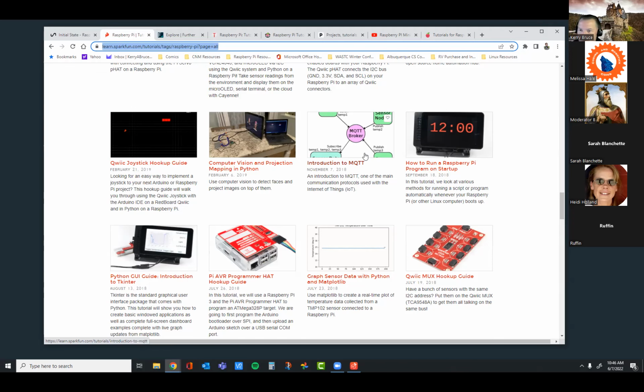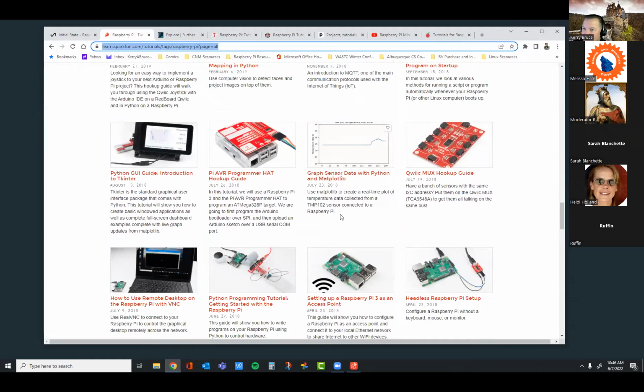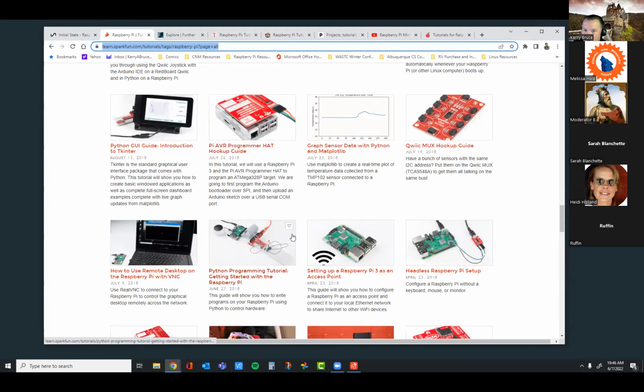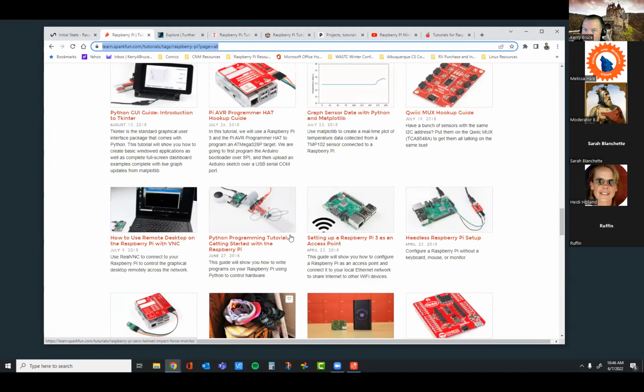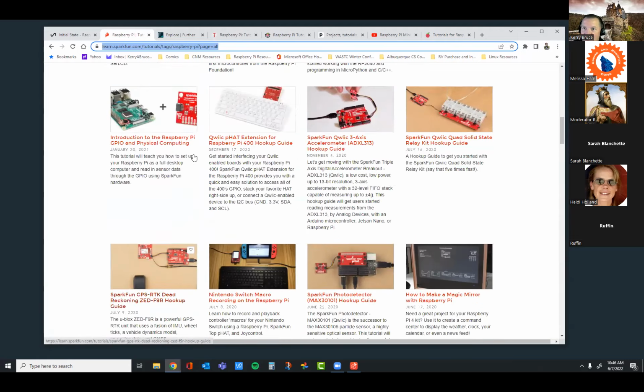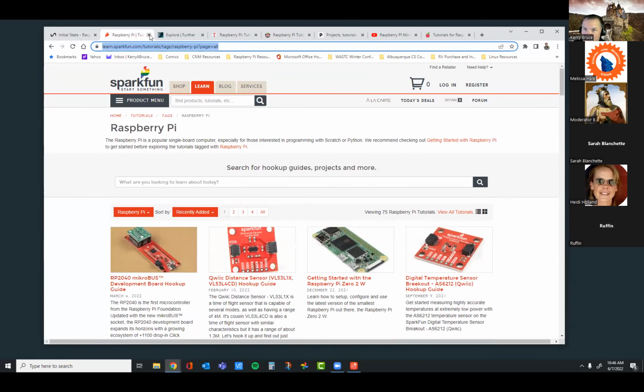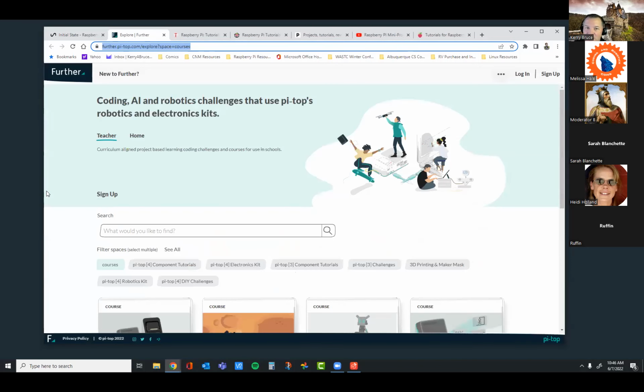So I think that would be really fun to do too. So you can see there's a ton of stuff that you could do. So we're not going to lack for options to try, right? And then if we find something that we like, that teaches a topic that we want to teach, so that fits into what we're doing with the classroom, you can easily find or just integrate that into the classroom.